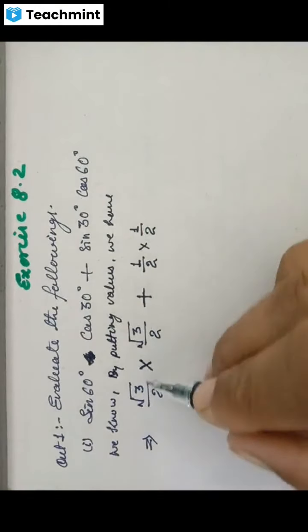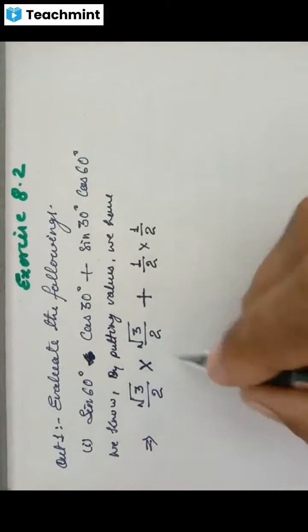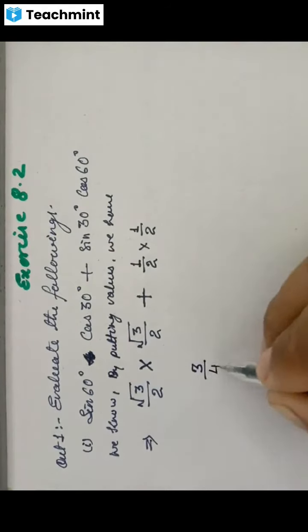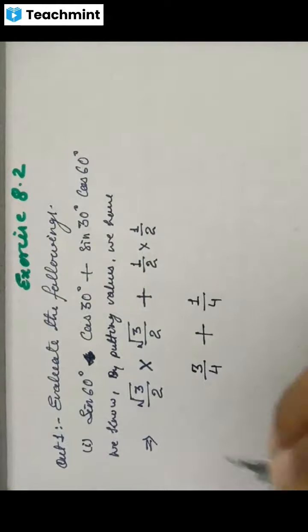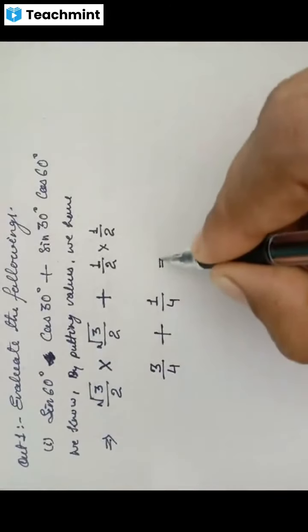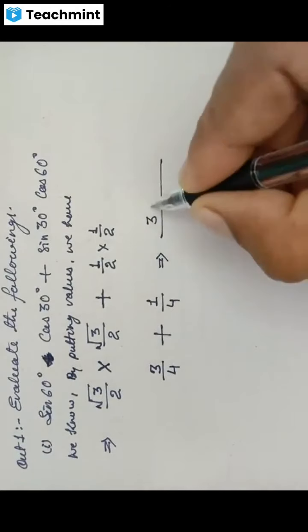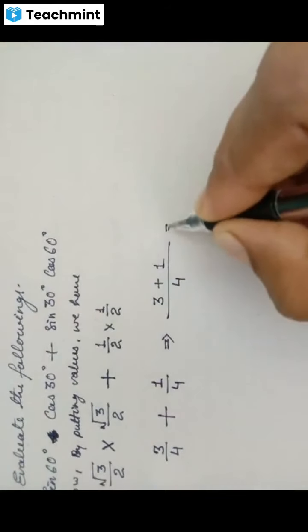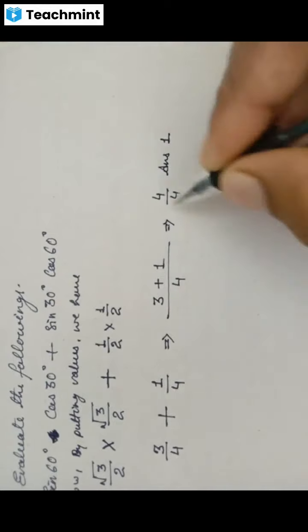So we will multiply these two first, because according to BODMAS, multiplication comes first, then we will add the values. So root 3 multiplied by root 3 becomes only 3. Then 2 times 2 is equal to 4. Then the addition sign, these two become 1 upon 4. Now in the next step, if we take the sum, the LCM will be the common 4. This will remain 3 and this will remain 1. So it becomes 4 upon 4 and your answer will be 1 because it will be cancelled.